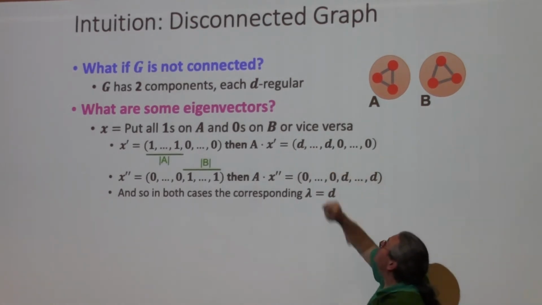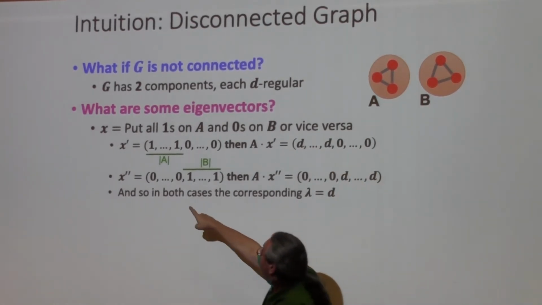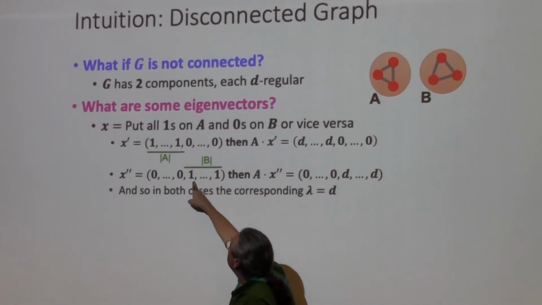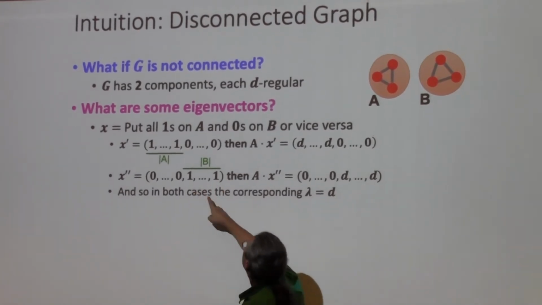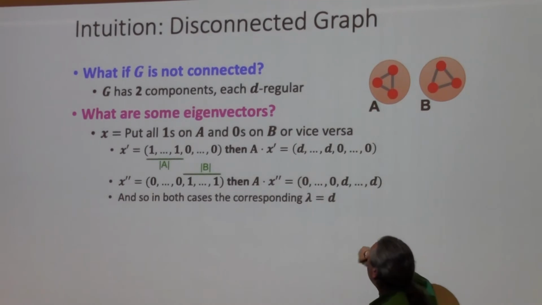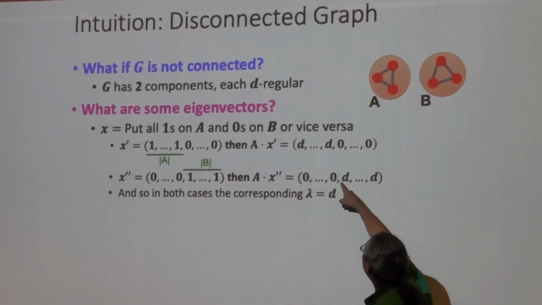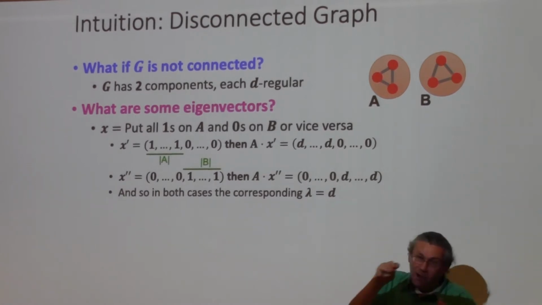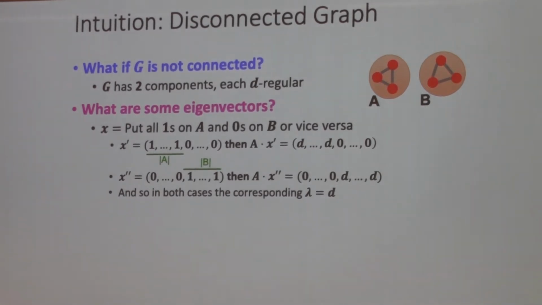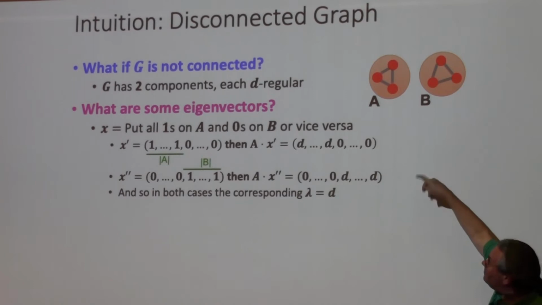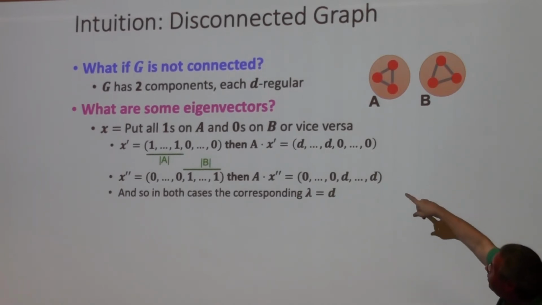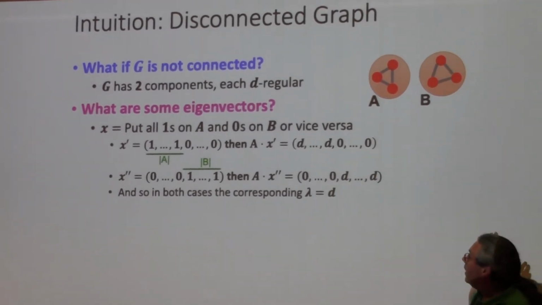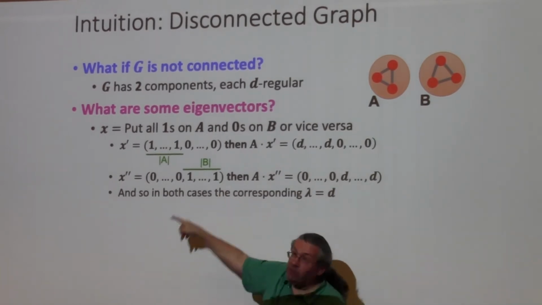And you never go to B. But if you do a random walk starting on B, here the B's are all ones, A times X double prime, then you will have the ones only on the B side. So if you start on B, you do a random walk, then you stay in B, okay? Notice you have two eigenvectors and two eigenvalues here. X prime is an eigenvector, X double prime is an eigenvector, but a different one.